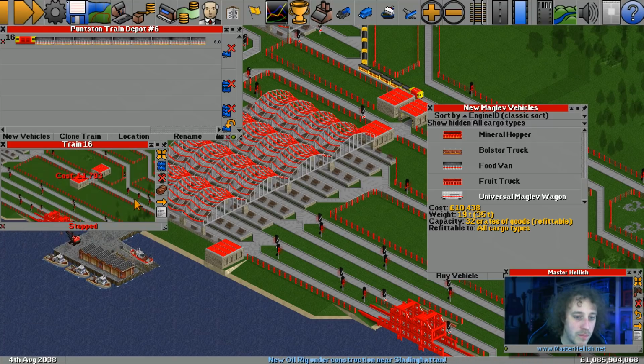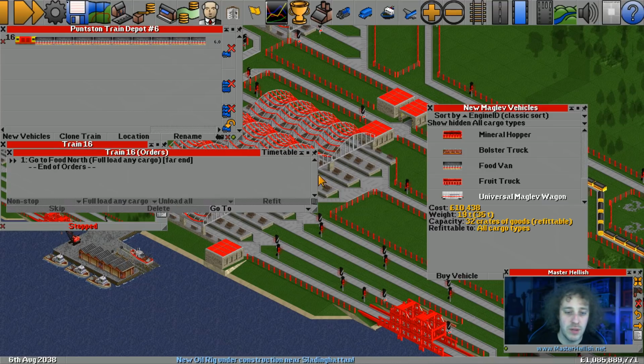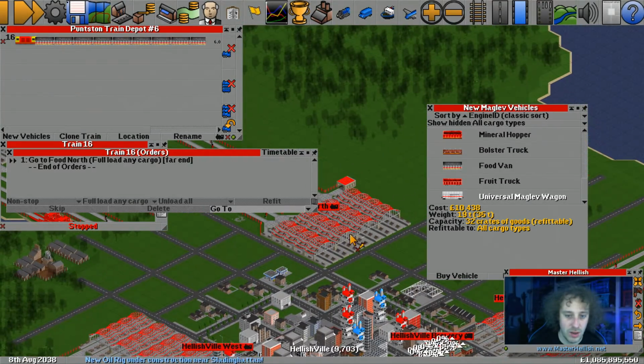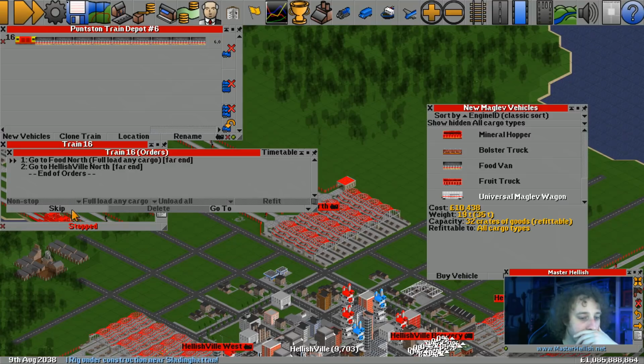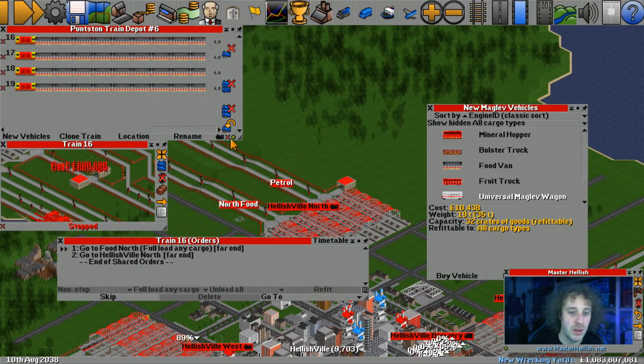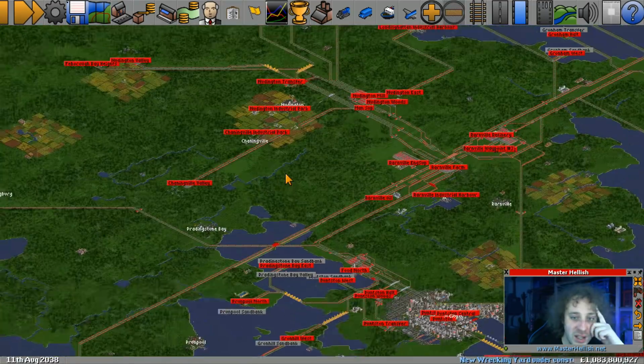I'm refitting this one, and I'm going to give it some orders. I'm going to say, you full load here, and then go down the tracks and unload there. And we'll start with 5. It's a good number to go with. But I've just realised, what